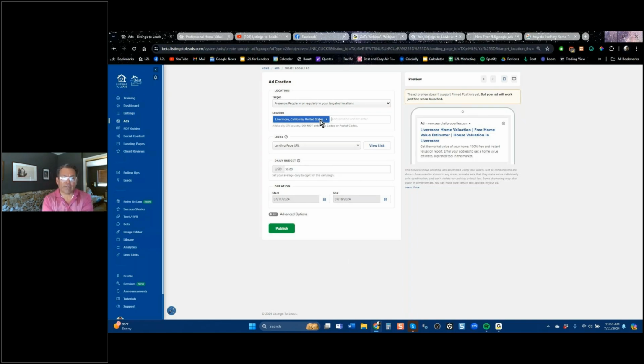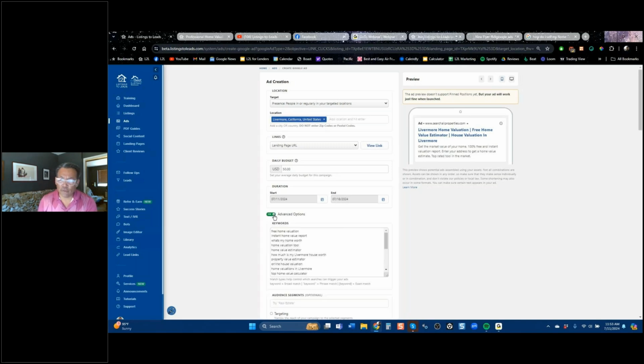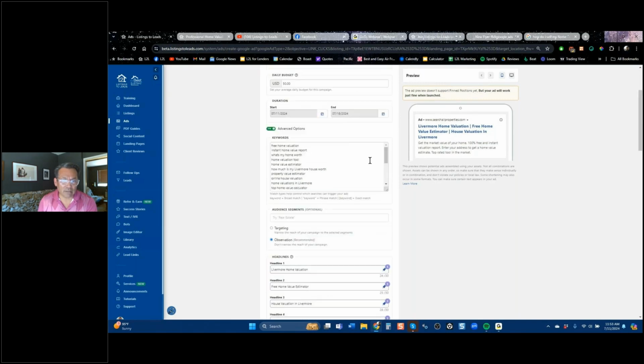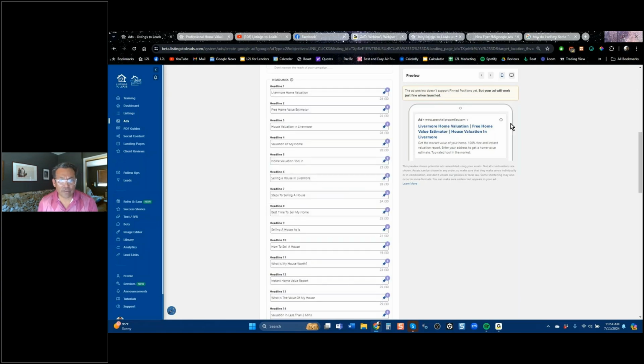Let's say that I ran an ad and it was based on these keywords. And by the way, I should have shown you this earlier. You don't need to do this, but Advanced Options shows you the keywords we put in here automatically for you. If you do this by hand, you have to have some keywords. Now, our team knows to look at that article that I was mentioning and a few others to get the keywords that people are using. And you also have to have headlines.